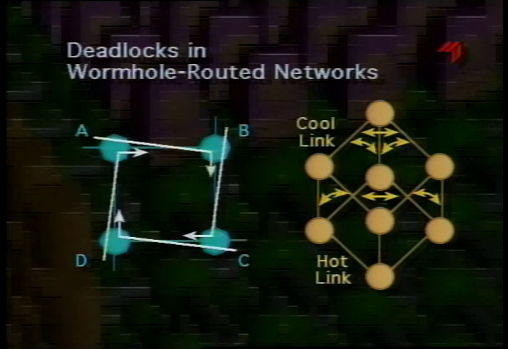The problem with just disabling certain corner turns in the network is that the links then become unevenly utilized. In this example, the arrows show the paths that are not allowed. So at the top, the link labeled cool link connects only to the top node, and there's no pass-through traffic allowed. While the link at the bottom, the hot link, is used for connection to the bottom node as well as for a number of pass-through paths from the other nodes. A network like a hypercube looks like a symmetric network, but in fact it can be fairly asymmetric once the routing algorithm has been designed to break the deadlocks.